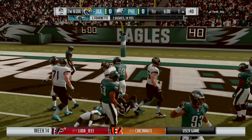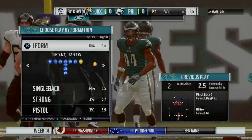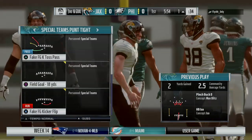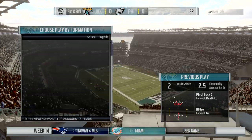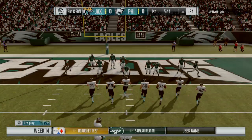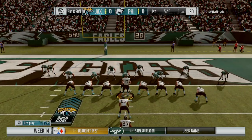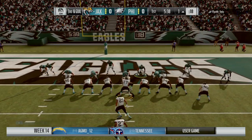They'll give it to him up the middle. They're able to get a couple here, but won't get across the plane as they stop him right around the 1. 2 straight shots on the ground. Now on 3rd, do you go to the air? I think the possibility exists, and if you're doing it, you're probably going play action since you ran it twice. But I often think that 2nd down is a time you...